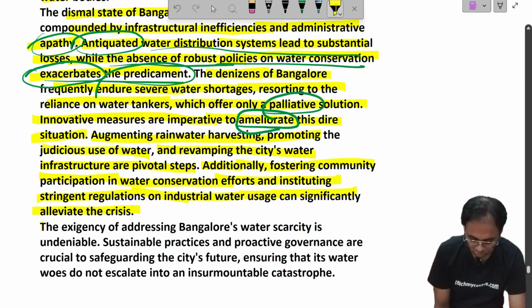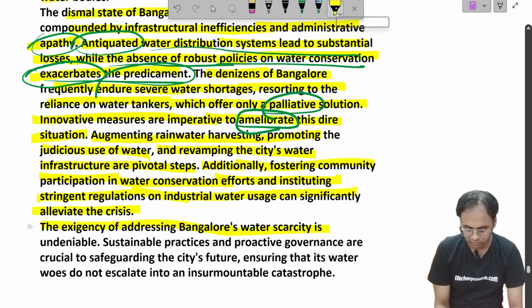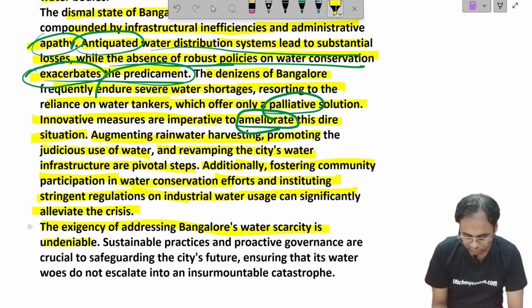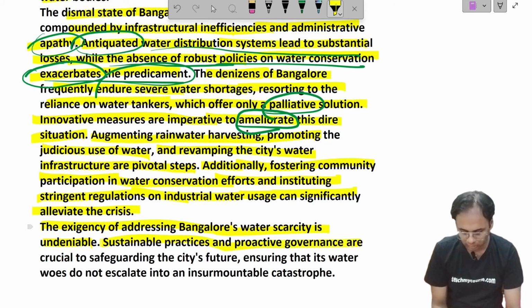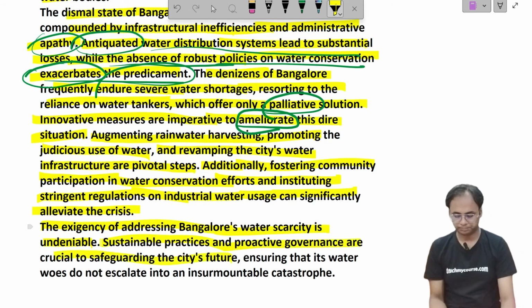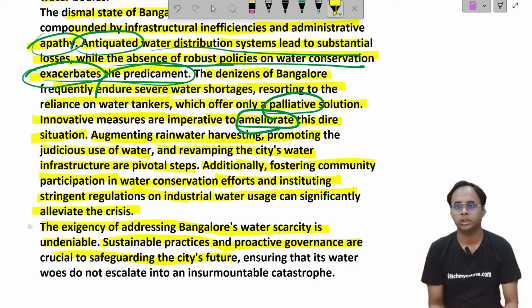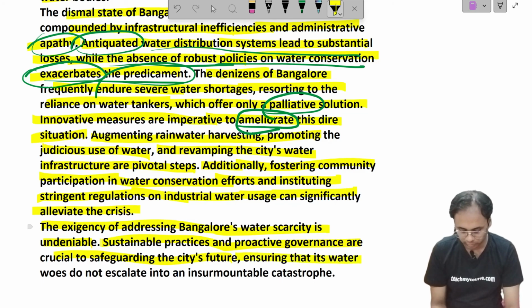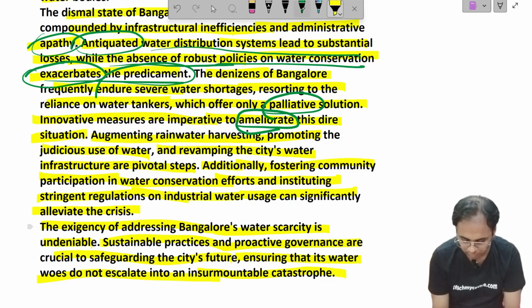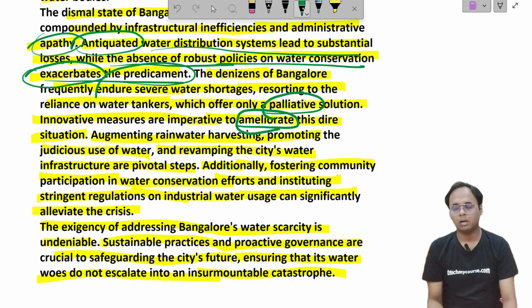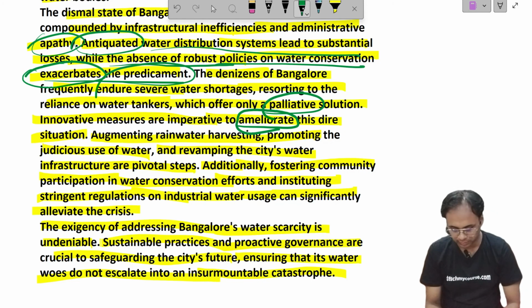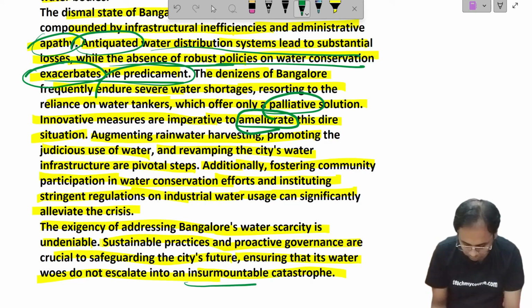The exigency of addressing Bangalore's water scarcity is undeniable. Sustainable practices and proactive governance are crucial to safeguarding the city's future. So proactive governance is definitely required. Some sort of policy formation has to be there in order to save Bangalore, ensuring that its water woes do not escalate into an insurmountable catastrophe. So the government has to wake up and make some good decisions so that it does not escalate into an